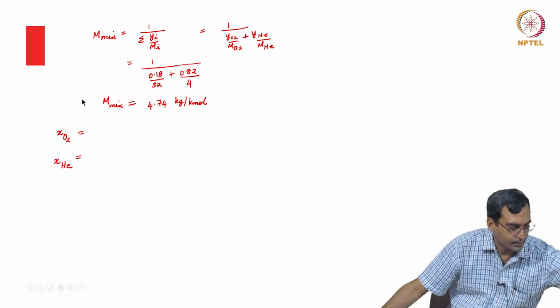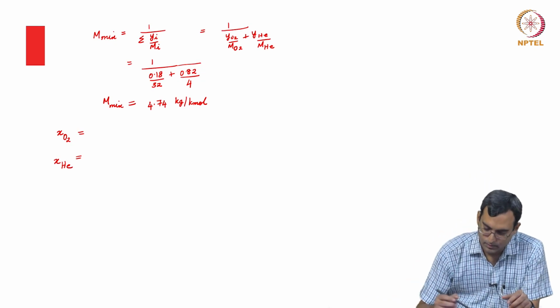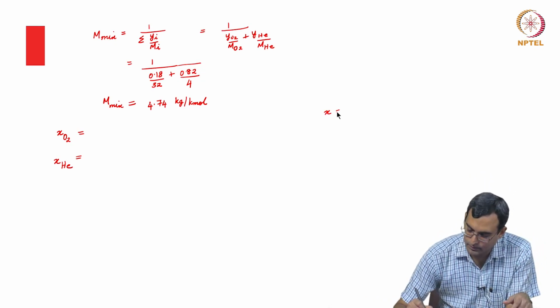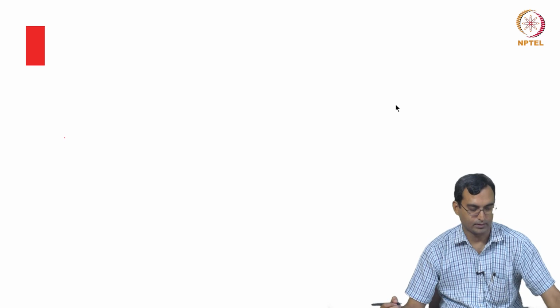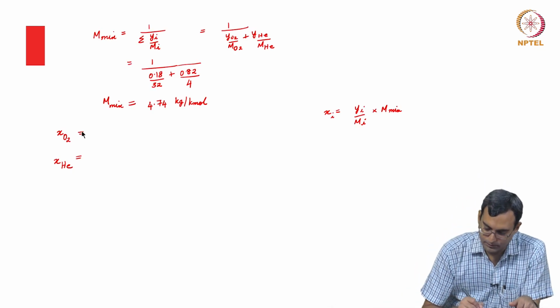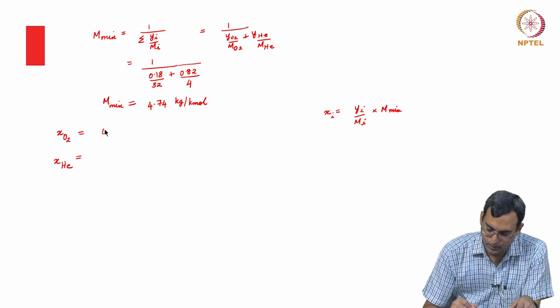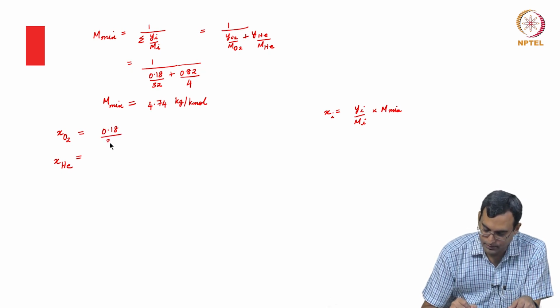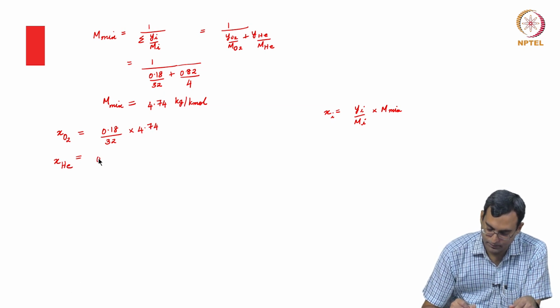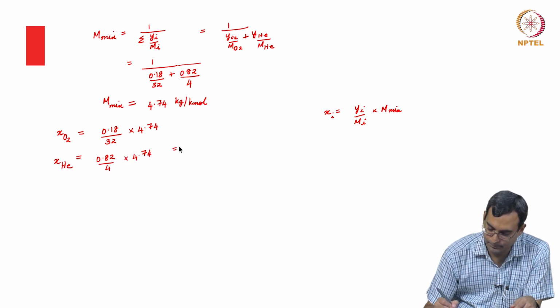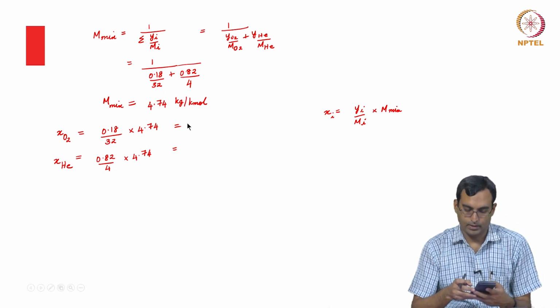So, what we can see is, we have the mole fraction of the ith species, which is essentially Yi divided by the molecular weight of i, multiplied by the molecular weight of the mixture. So, we have for oxygen Yi is 0.18 divided by 32, and for helium we have 0.82 by 4, into this, which is essentially